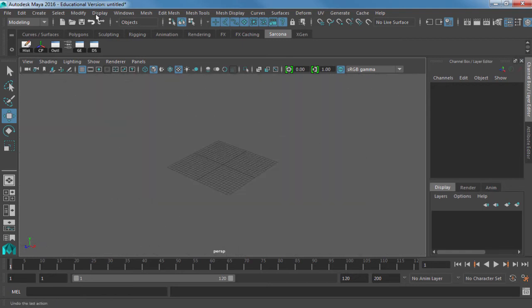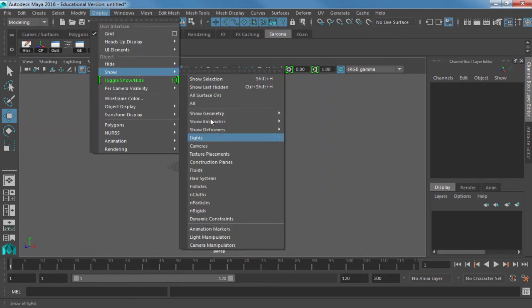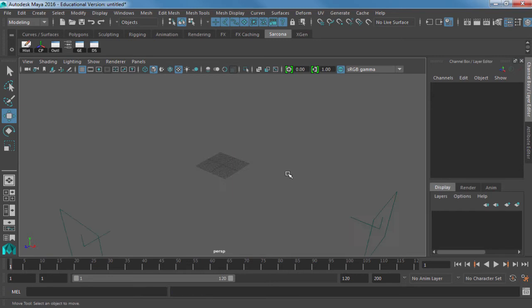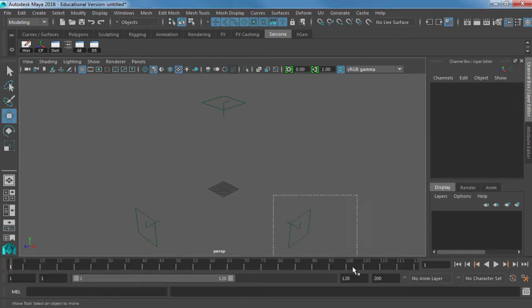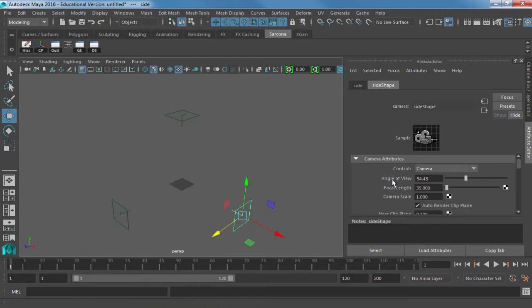Now, it can be a bit scary because if I show all the objects in my scene and I zoom way out, you'll see these things. These are those cameras. Here's the top view, here's the front view, and here's the side view. So we can actually see these cameras. And if I loaded images onto them, that's not what I wanted to click. If I loaded images onto it,